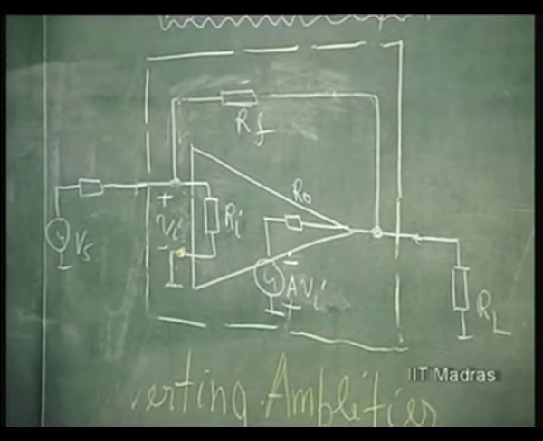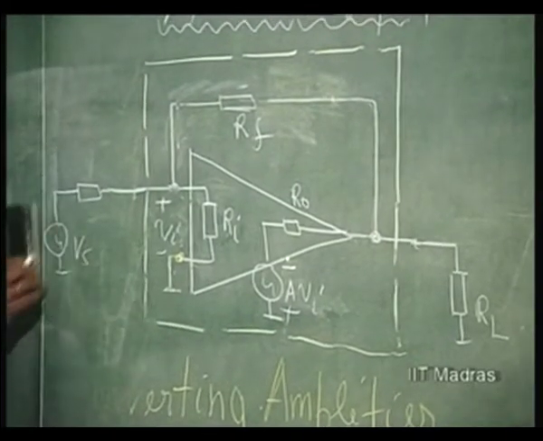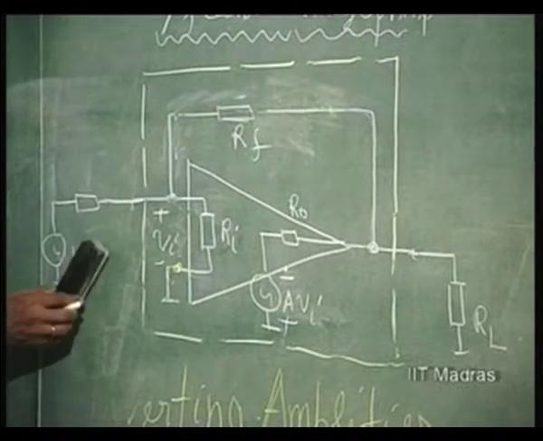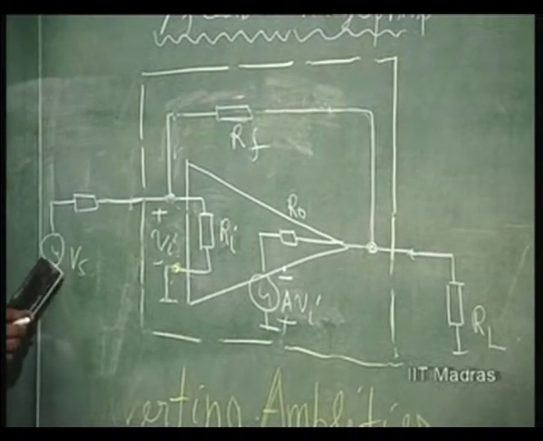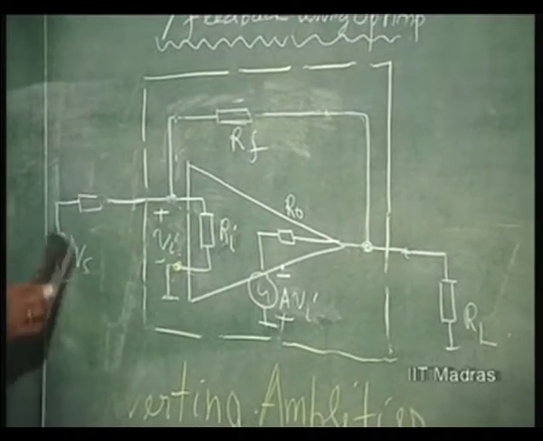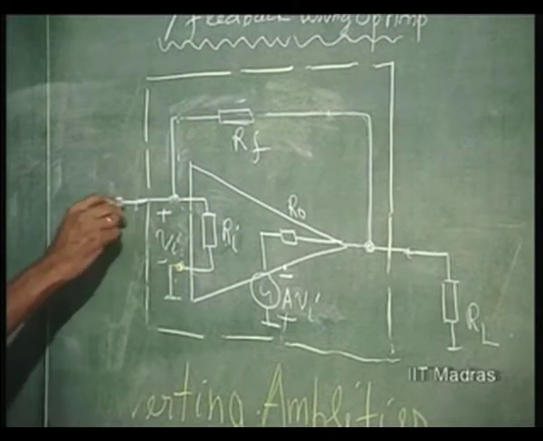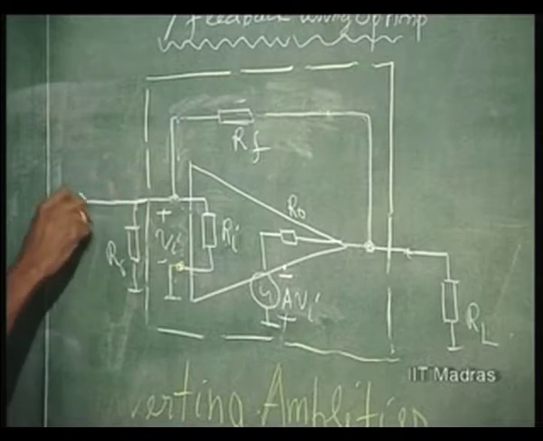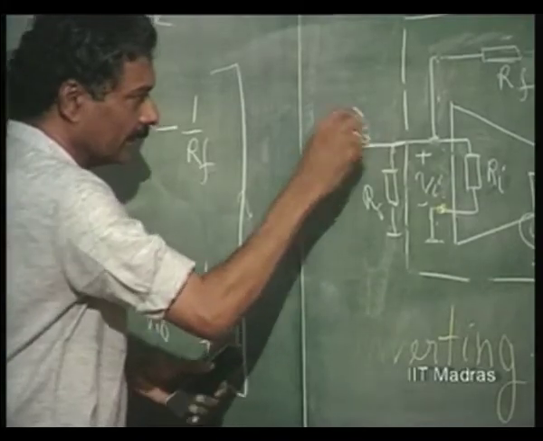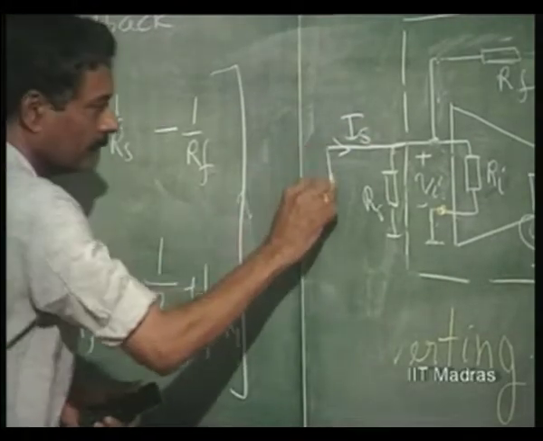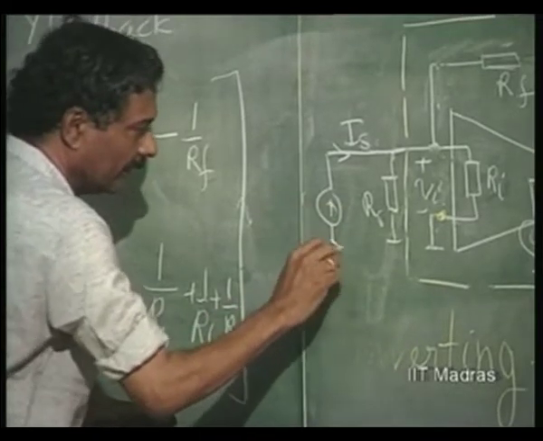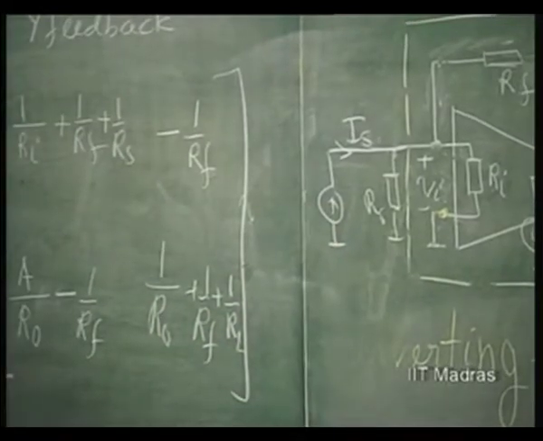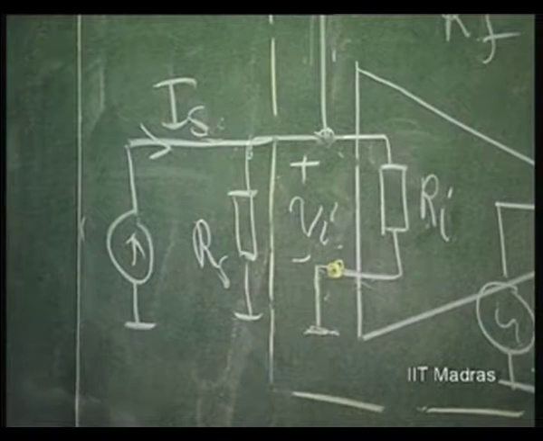Strictly speaking, the source that you have to use here should be compatible to that of the Y parameter. That means instead of Thevenin source, you use Norton source, right? Which means you put a shunt resistance of Rs and a current source of Is, right? Instead of using Thevenin source. Right? Now,